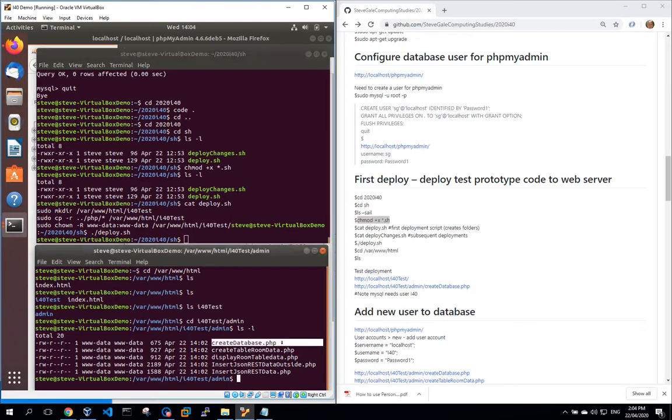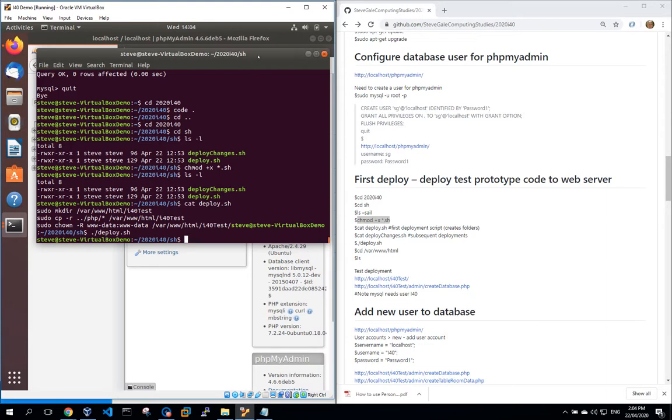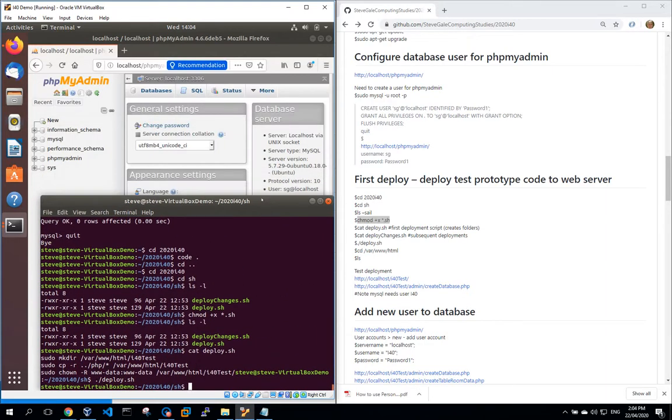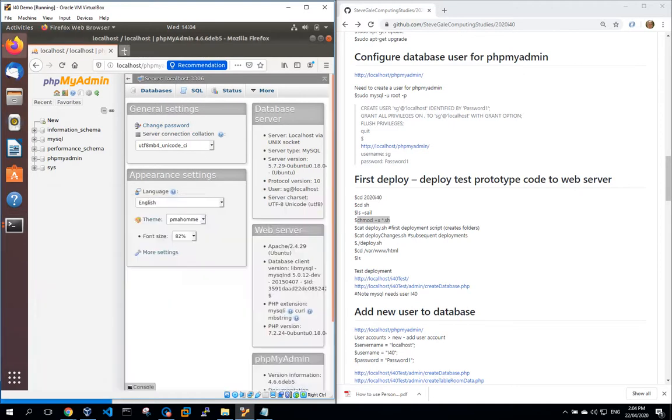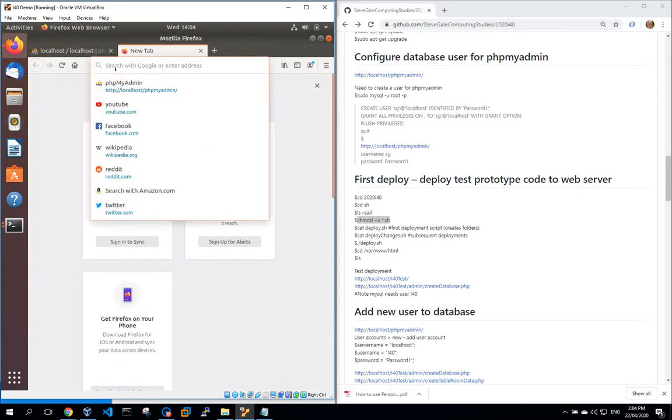So for example, we should be able to create the database, create the room data table, display the data, and so forth. Yep, we should be able to do that now. Okay, so we'll minimize this one. Come back to here. So if we now go to localhost